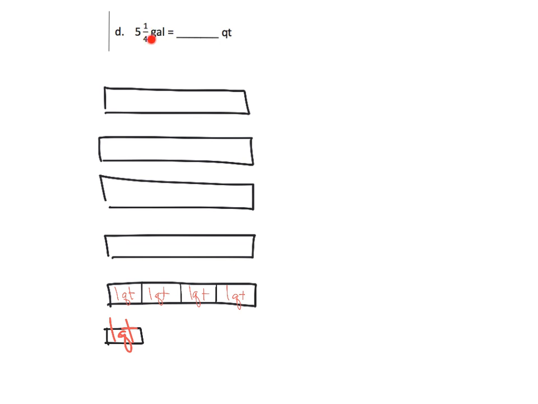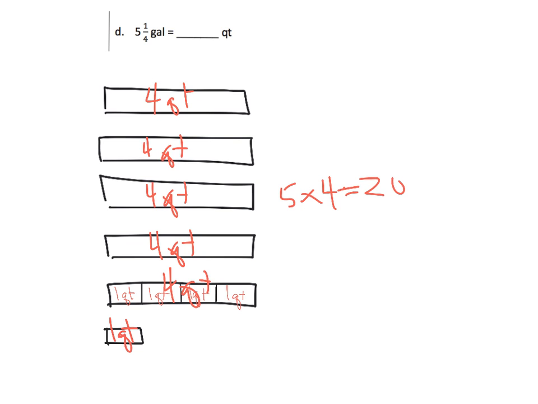So if I want to take my gallons and turn them into quarts, I know I have 4 quarts here, 4 quarts here, 4 quarts, 4 quarts. This whole thing is already 4 quarts, plus we have 1 extra quart here. So we have 5 copies of 4 quarts, which is 20. Take that 20 and add 1 more. That gives us 21 quarts